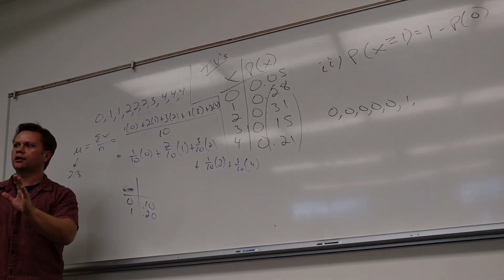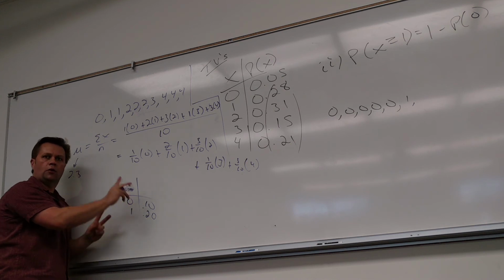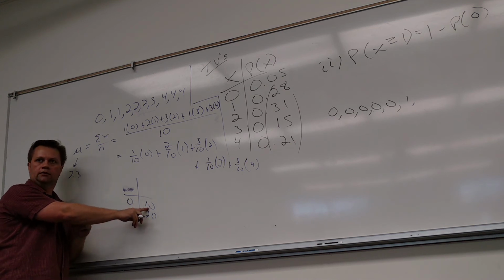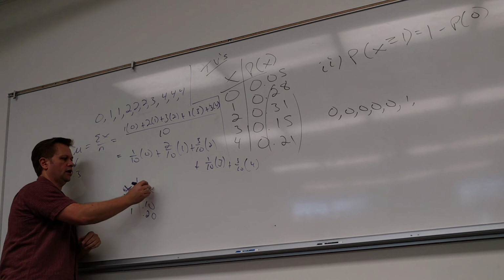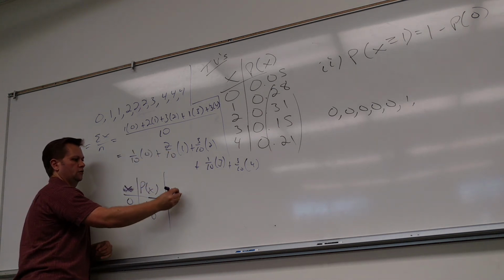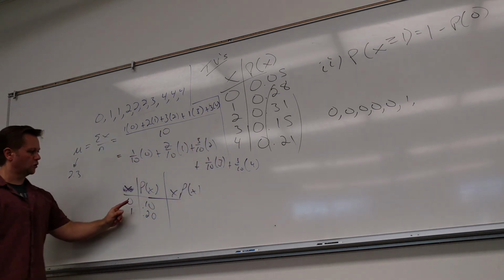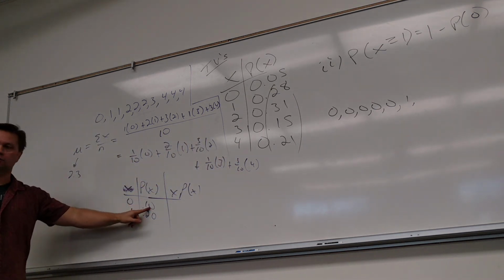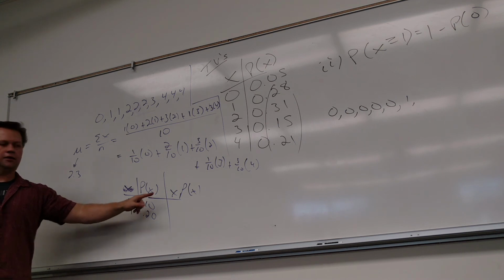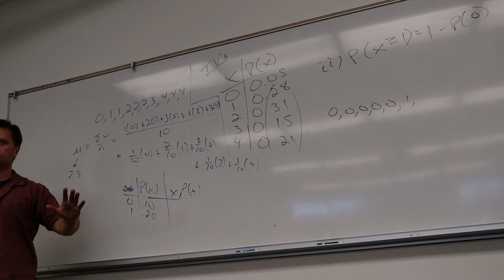So apparently I take the value times its weight, the probability. Whatever the value is, I multiply it by the probability, and then what do I do with all those? What does it say to do? Add them. So I multiply the value times its weight, and then I add those. So let's see, if I do that, let me